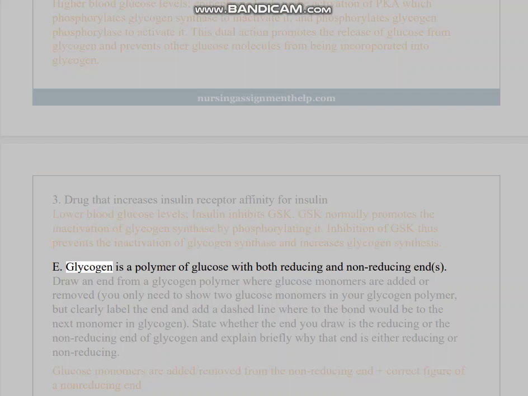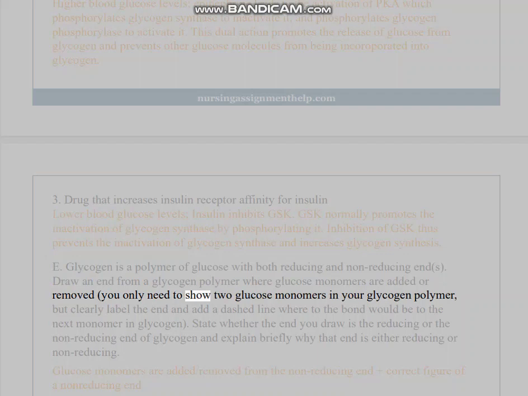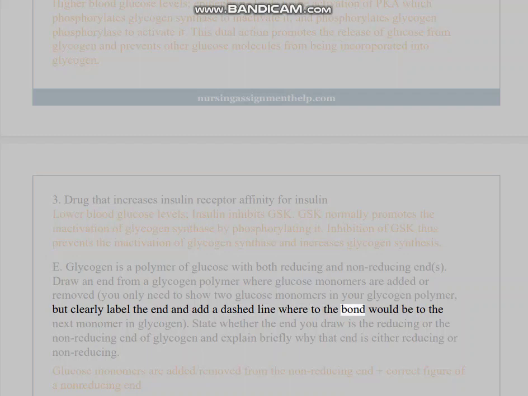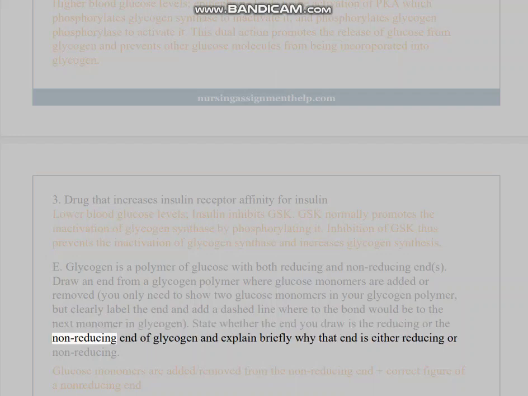E. Glycogen is a polymer of glucose with both reducing and non-reducing ends. Draw an end from a glycogen polymer where glucose monomers are added or removed. You only need to show 2 glucose monomers in your glycogen polymer, but clearly label the end and add a dashed line where the bond would be to the next monomer in glycogen. State whether the end you draw is the reducing or the non-reducing end of glycogen and explain briefly why that end